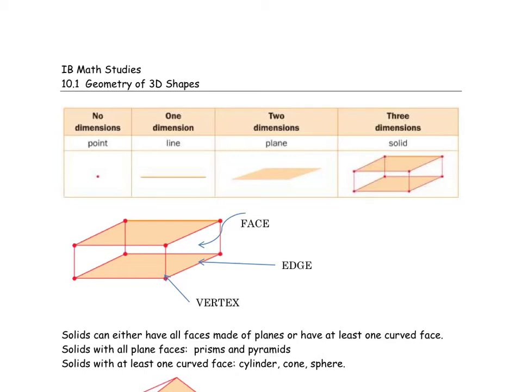In this lesson, we're looking at 3D shapes. So remember, no dimensions would be 1 point. One-dimensional is a line. 2 dimensions is a plane. And 3D figures are made up of